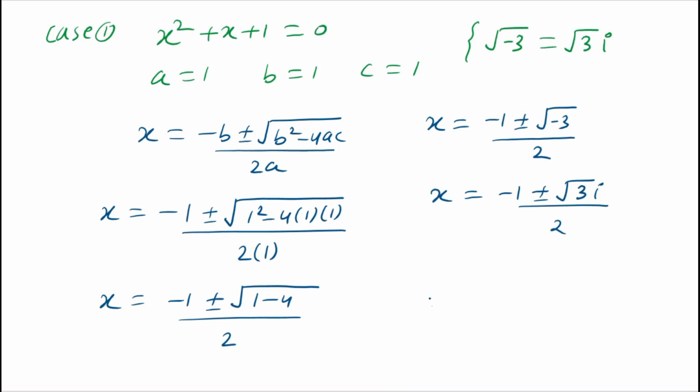divided by 2. So we have the first solution x1 equals minus 1, and if we take the positive sign, plus square root of 3 times iota divided by 2. And the second solution x2 equals minus 1, and if we take the negative sign, minus square root of 3 times iota divided by 2. Now solve case